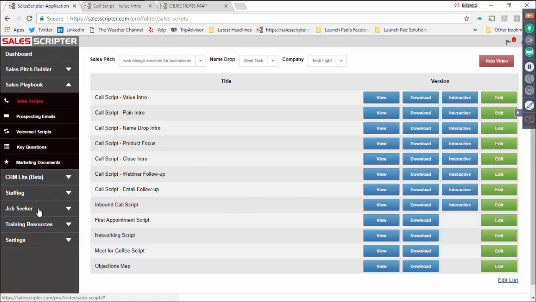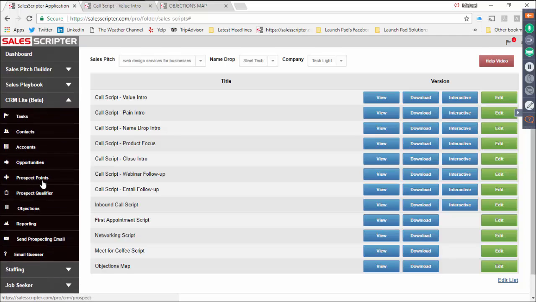One last thing on Sales Scripter. Part of knowing what objection responses to create is to know what objections have come up.